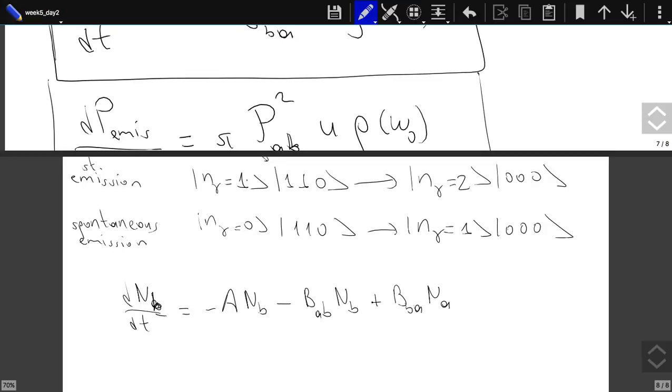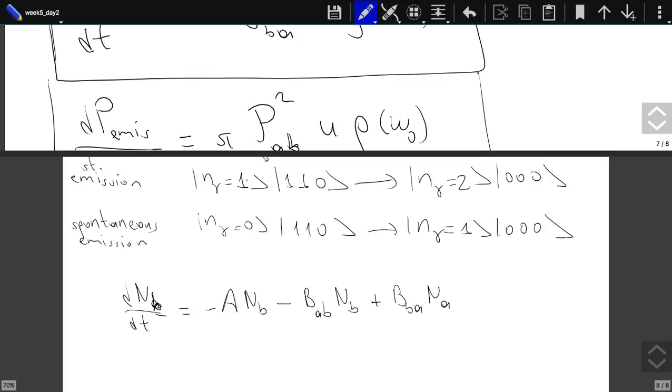So because of the spontaneous emission, the number of excited atoms will be lowered. So that's why we have this minus. Now the second probability: the A and B atoms, in A and B states, are in an electromagnetic field, so they are in equilibrium with an electromagnetic field. There's an external field in the environment also. And this external field will cause my atoms to be excited and de-excited.